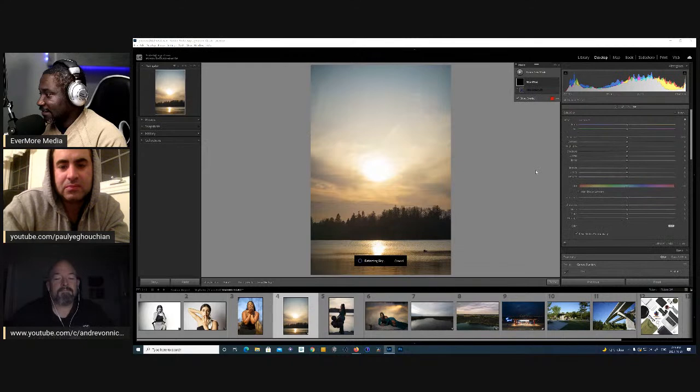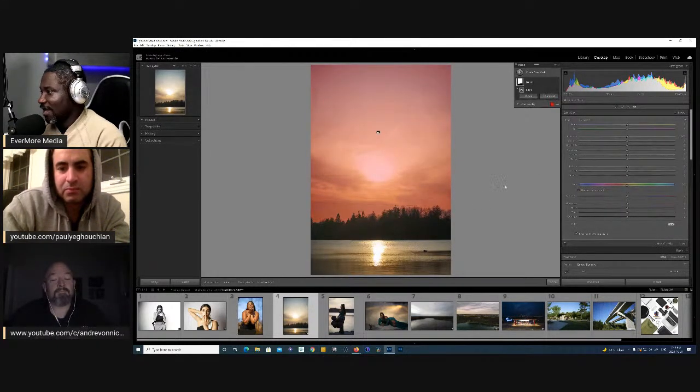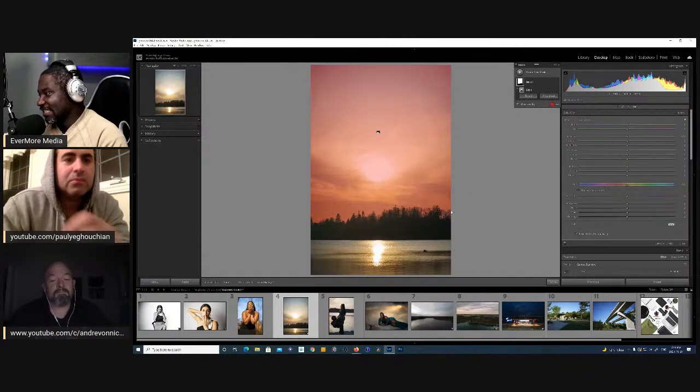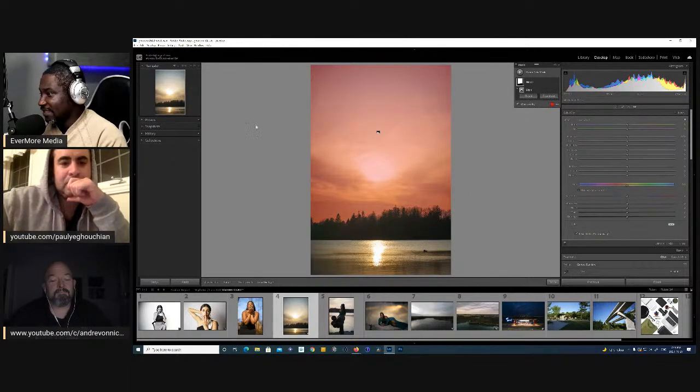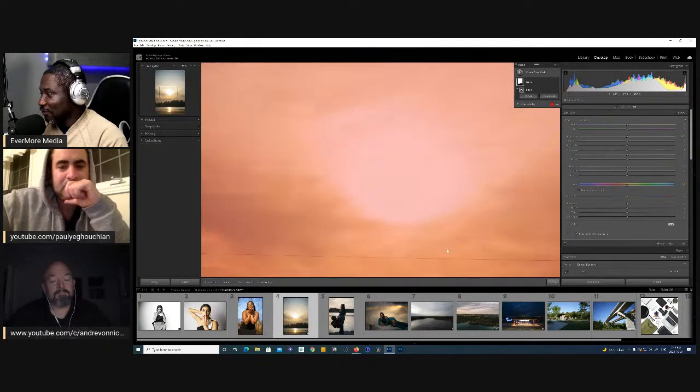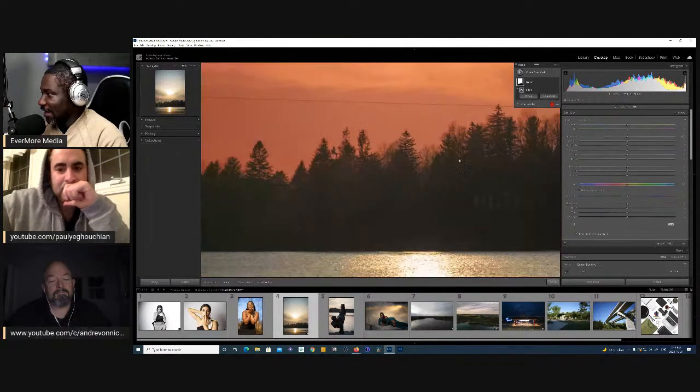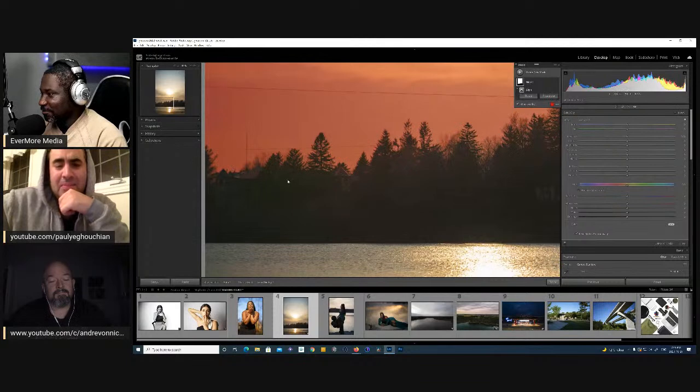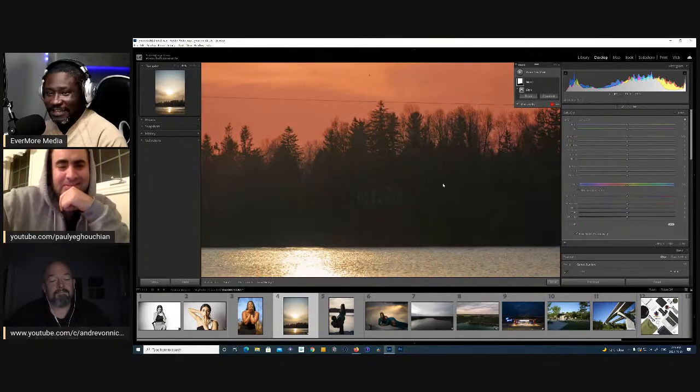Once we select the sky, it's going to keep working. And as you can see, it has perfectly masked out the sky, right? So if you zoom in and take a look at the edges,